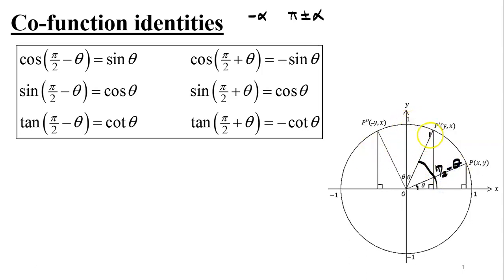So from pi over 2, I'm actually subtracting theta. Now, by comparing the trigonometric lines, if this is the point P forming an angle of theta with the horizontal axis, and we have a point P prime here forming an angle of pi over 2 minus theta with